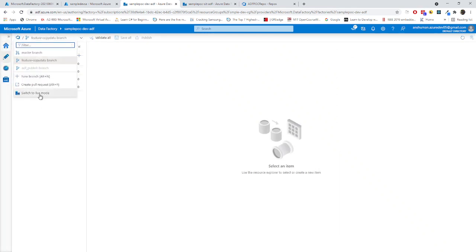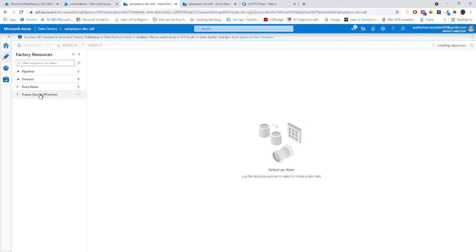If I go to my live mode here, wherever I am talking about ADF live, that means I am going to live mode. Now you can see we are not getting the publish button activated.